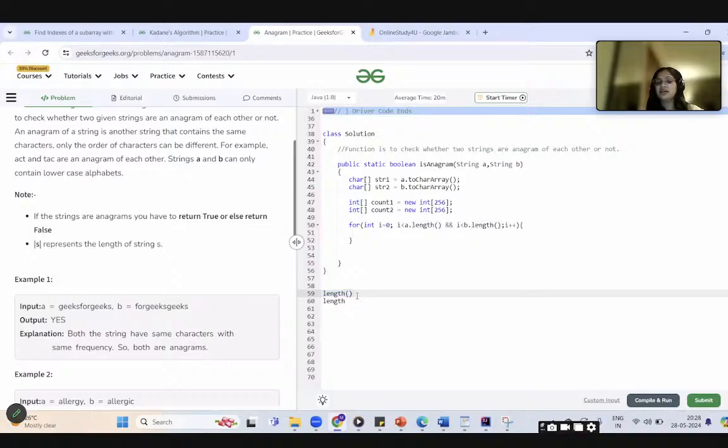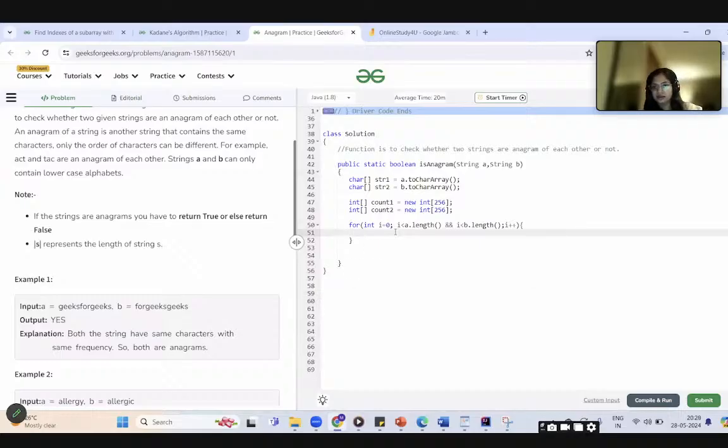The length method is an inbuilt method of the String class, and length is the inbuilt variable of the array class. Okay. So here, because I am using strings A and B, I am using A dot length. If I am using a character array, str1, I can also use str1 dot length.